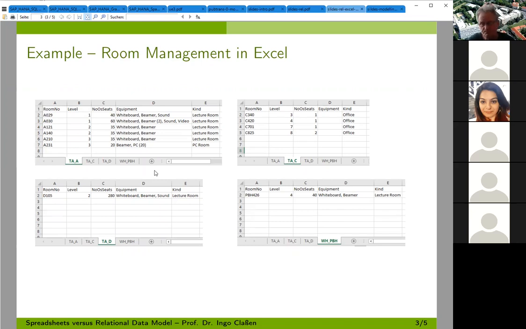So let's assume I would like to do room management. And of course, the first resort usually, and all of you have encountered that within your work career, is using an Excel sheet in order to store it. And if you look here at my Excel file, you see I have